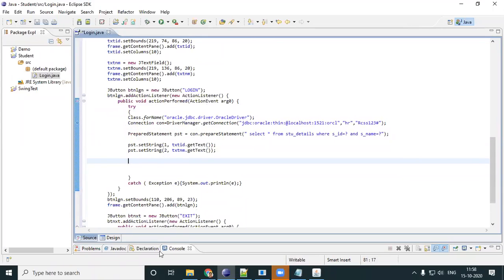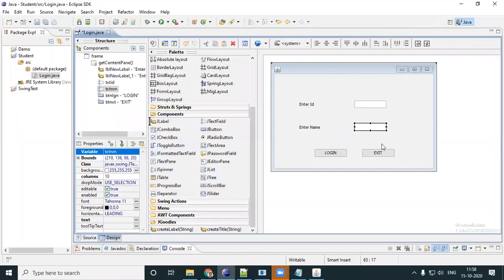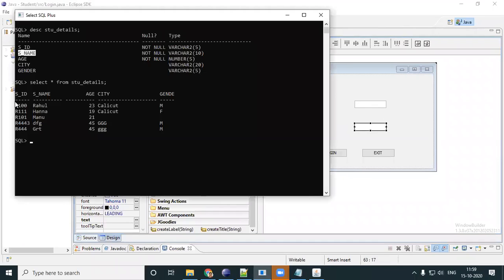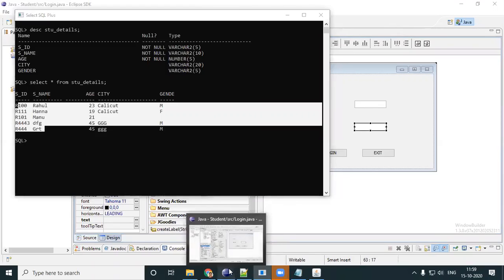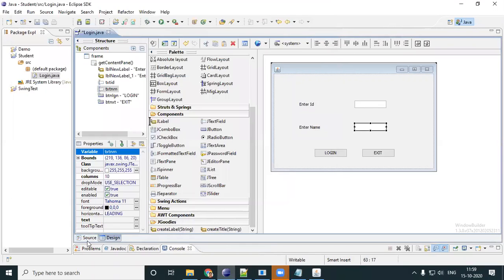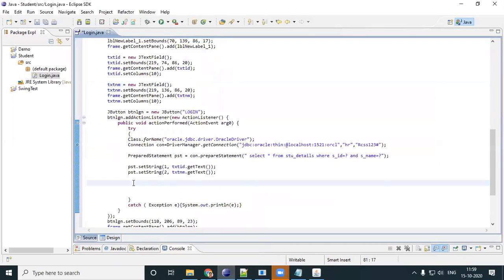Now you should check whether you have such an entry. Imagine you entered R101 days. The values have been got. Now you have to check whether you have such a result set or not, whether that particular thing called 101 days exists over here or not. So let's write code for that. I'll go back to my source. I've got both the values.